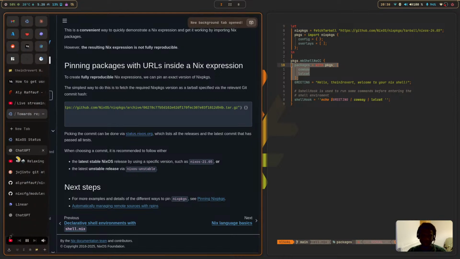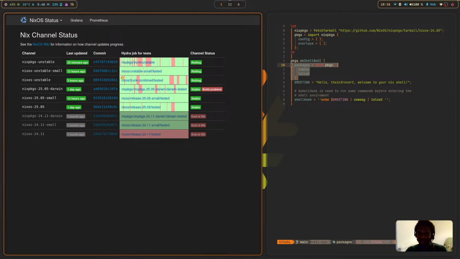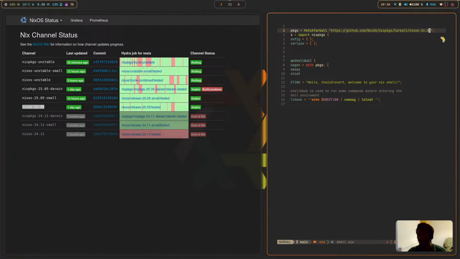Let's take a look at that. So as you can see, these are basically commit hashes that are stable, even though it says unstable, but they already passed the tests. So we could get the commit hash from any of these. Assuming you want to fetch from NixOS 25.05, we're just going to replace